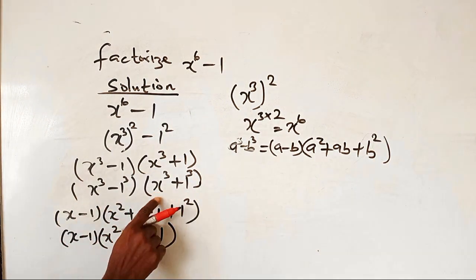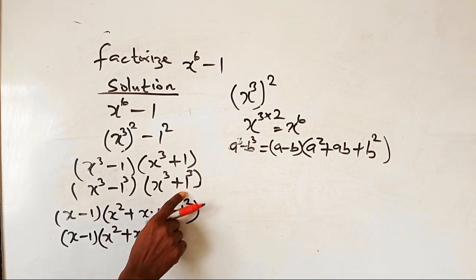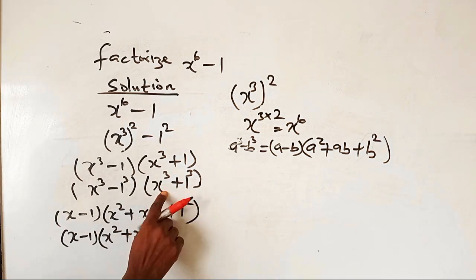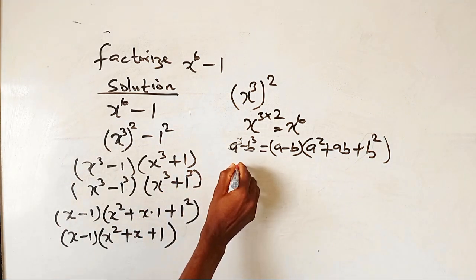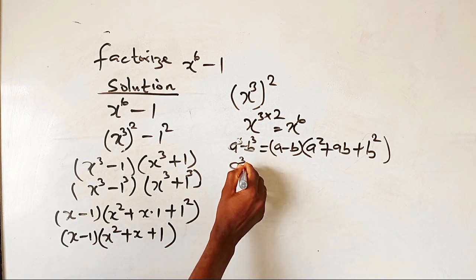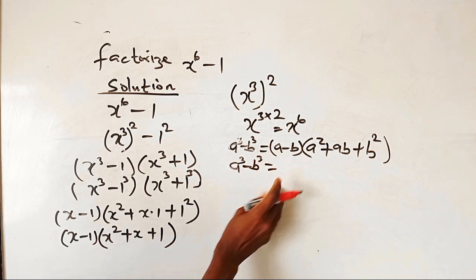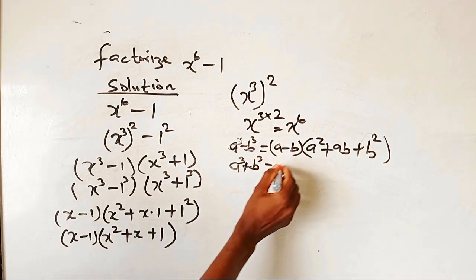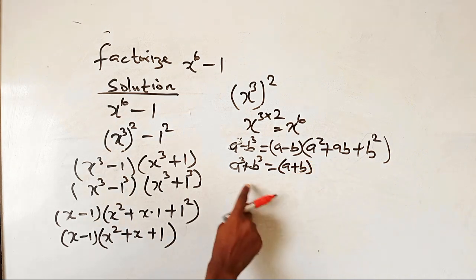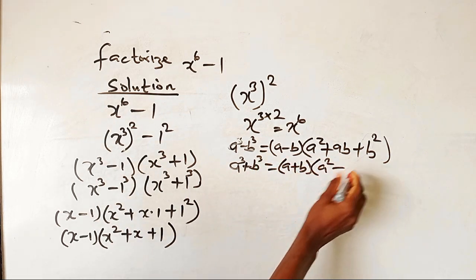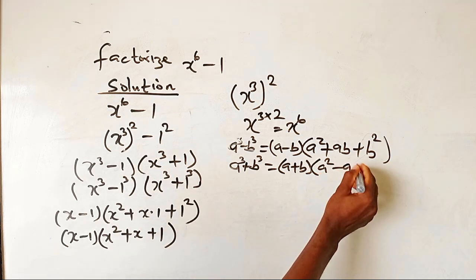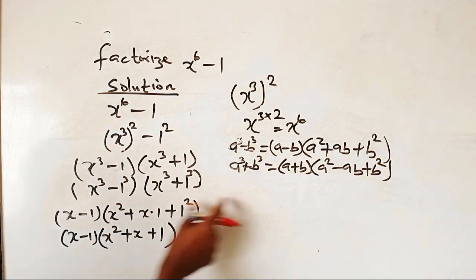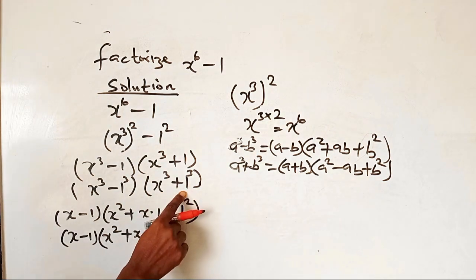Now we have x raised to power 3 plus 1 raised to power 3. The same way we apply the difference of two cubes, we can apply the sum of two cubes. The rule here is, let's say we have a raised to power 3 plus b raised to power 3. To apply the sum of two cubes, we have a plus b, times a squared minus ab plus b squared. When we apply this algorithm to x cubed plus 1 cubed,